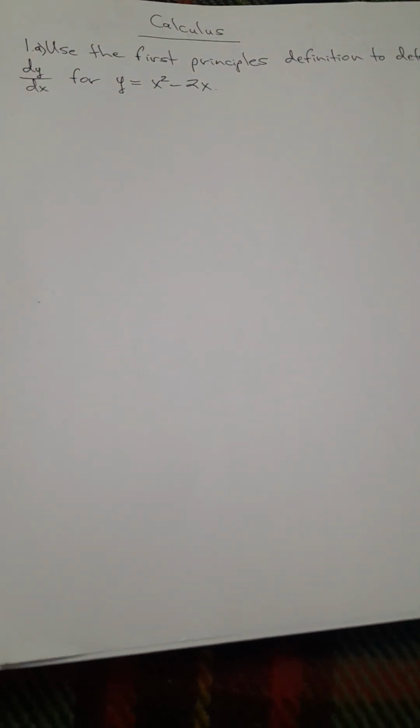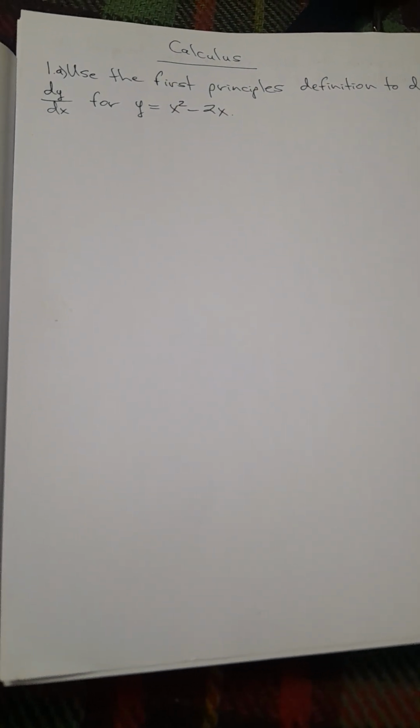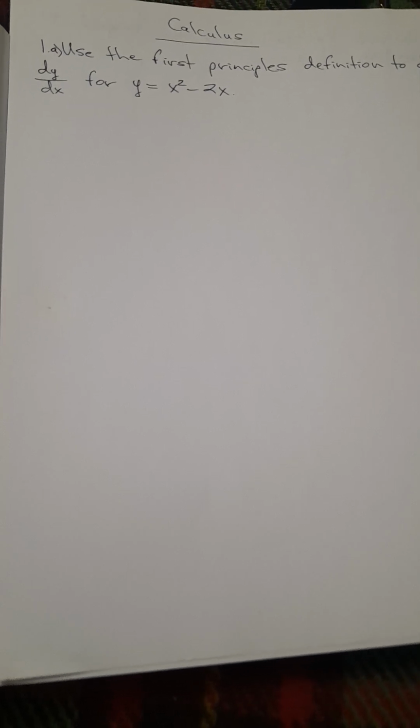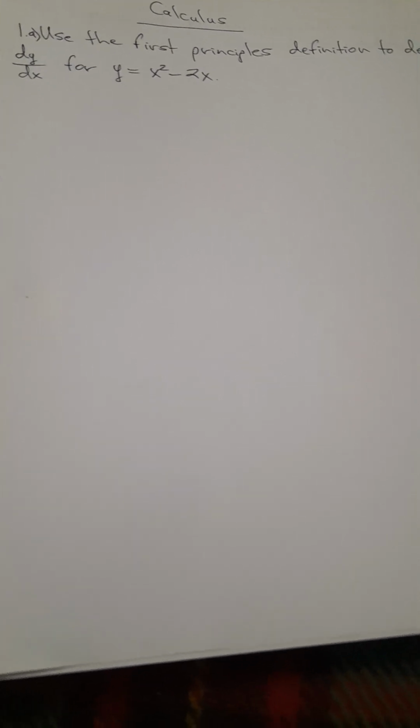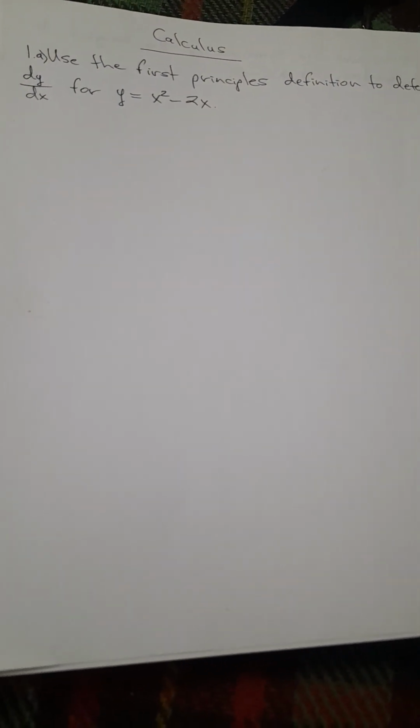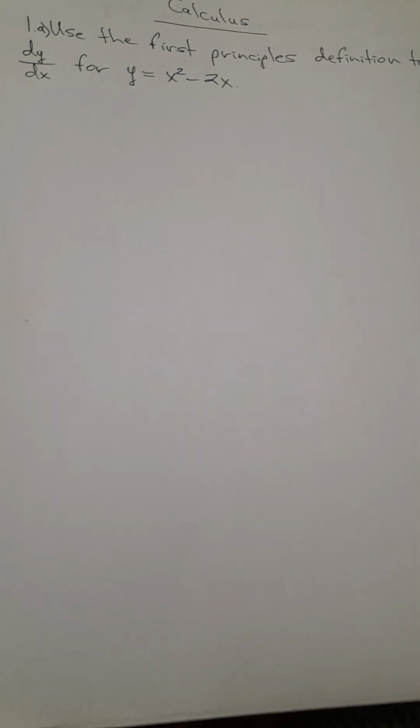Jag here. In today's class, we're going to continue on with our definition of the first principles to find the derivative. So we're going to try this question taken straight from the textbook. It says use the first principles definition to determine dy over dx for y equals x squared minus 2x. All right, so what we'll do